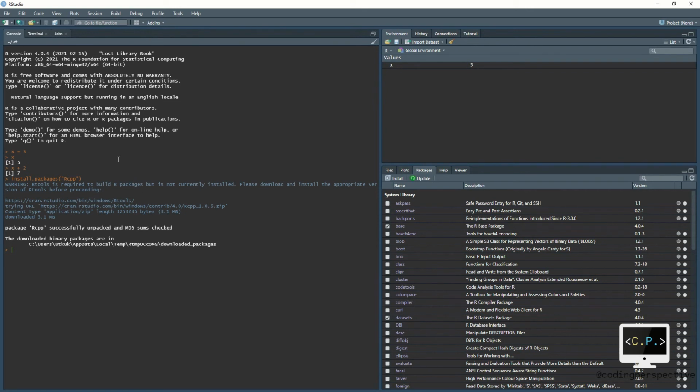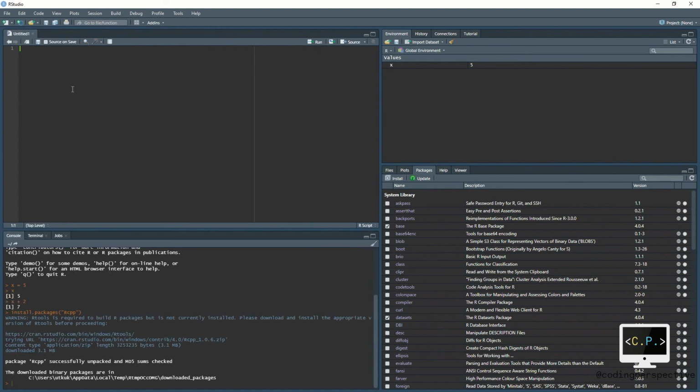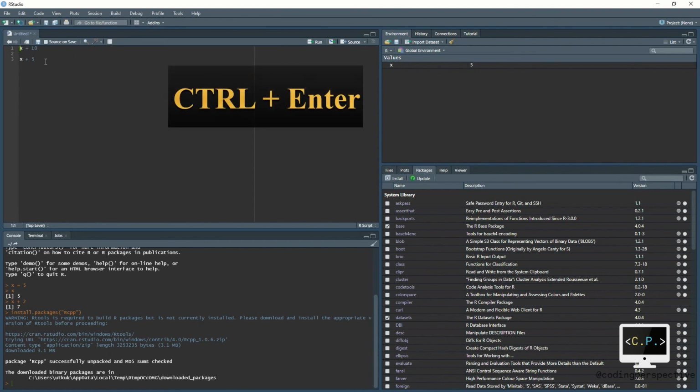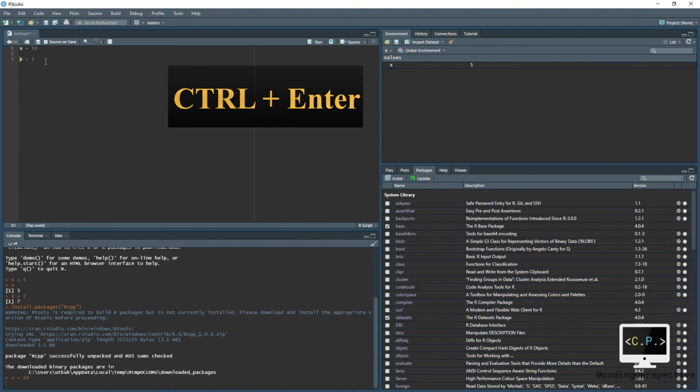There are also other things that you can do. In the console, you cannot save your code. So to save your code, you need to open a new R script where you can write down your code. For example, x equal to 10 and x plus 5. To execute it, you need to press Ctrl plus Enter.